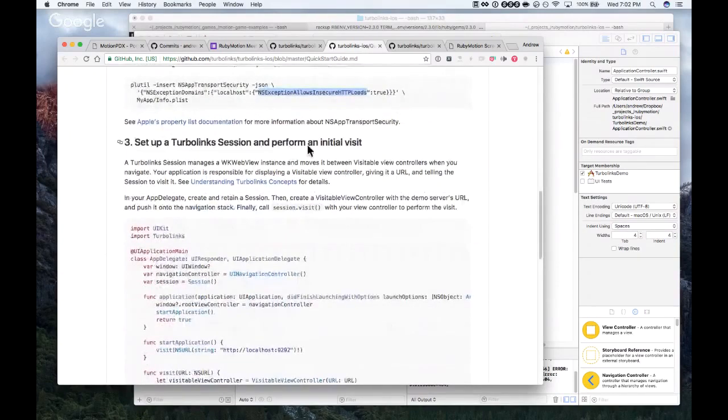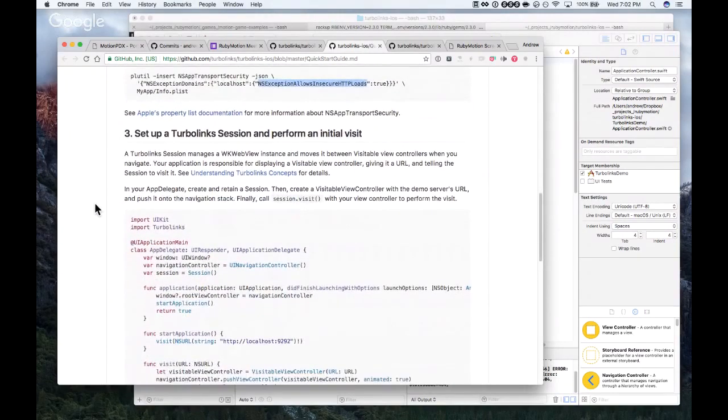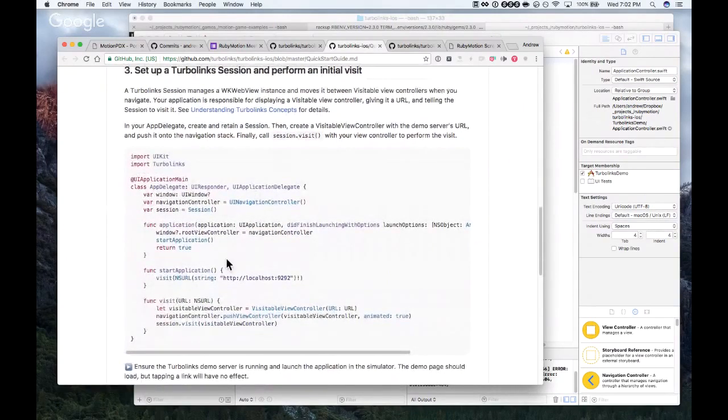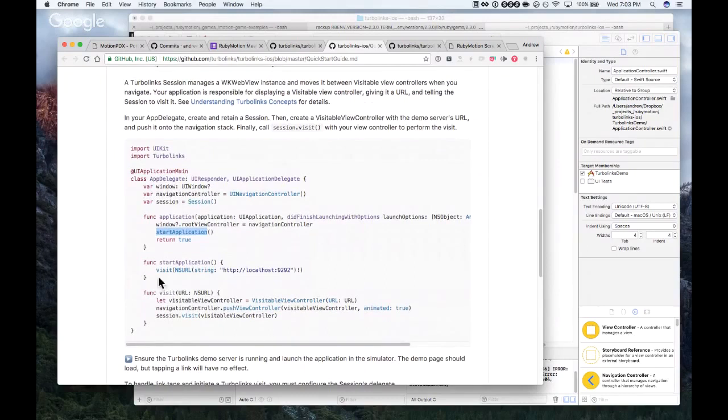Set up a TurboLinks session and perform an initial visit. So once we update our app delegate, did finish launching with options, it calls this start application method here, which calls visit, loads this localhost 9292 visitable view controller. This comes from TurboLinks.